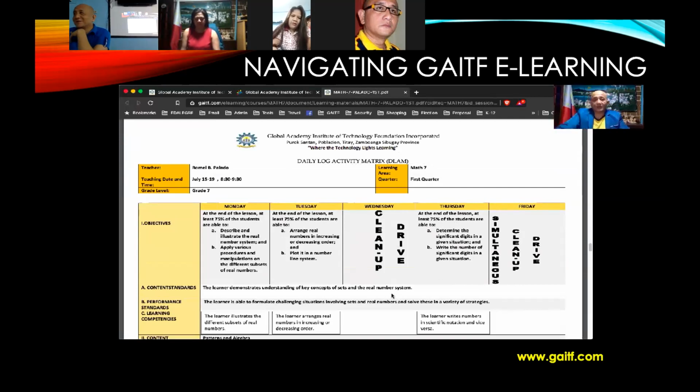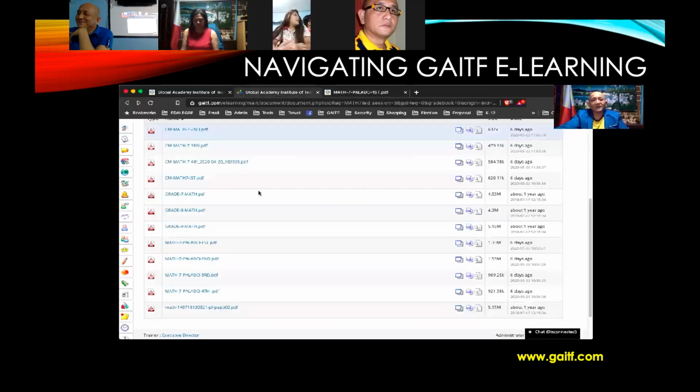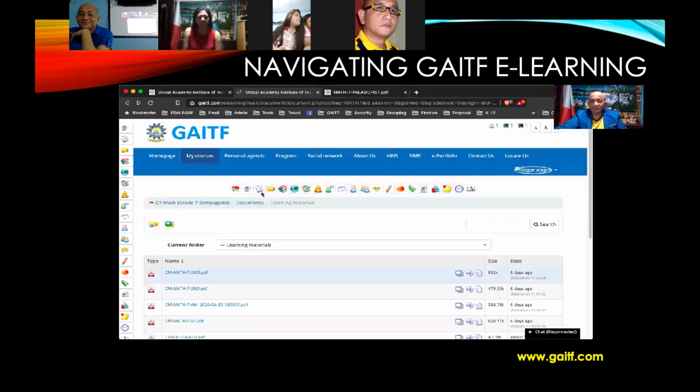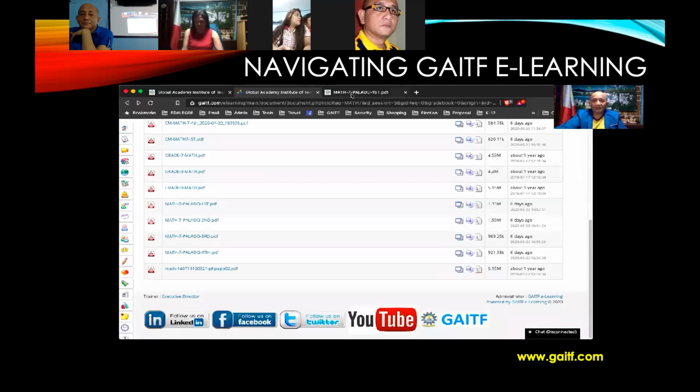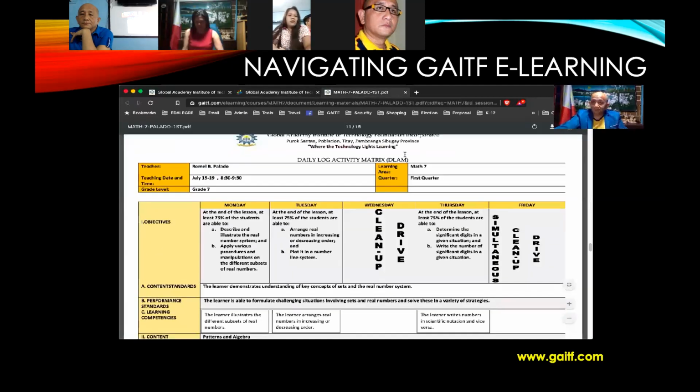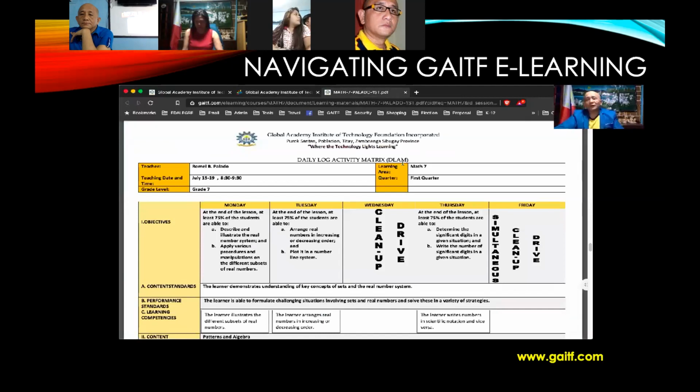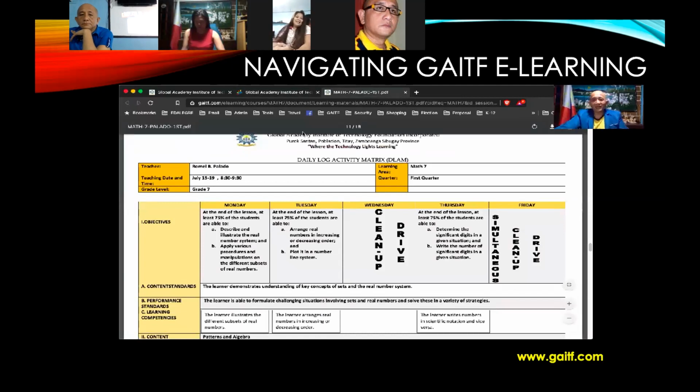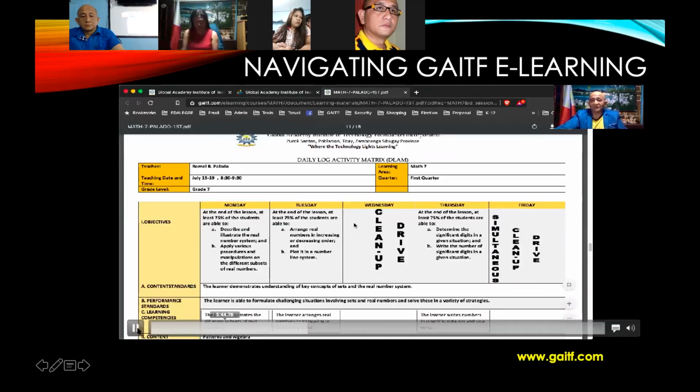So for example, here, let's go back, what is curriculum map? So since this is a grade 7, so you have here a curriculum map, and at the same time, you have the DLAM. Again, you have the DLAM and the curriculum map. When we see DLAM, grade 7 to grade 10. When we see CDAM, grade 11 to grade 12. Now, again, grade 7 has curriculum map, and you have the DLAM. So these are the two essential e-learning content that you need to have a copy, or you have to check from time to time, because this is the course of the